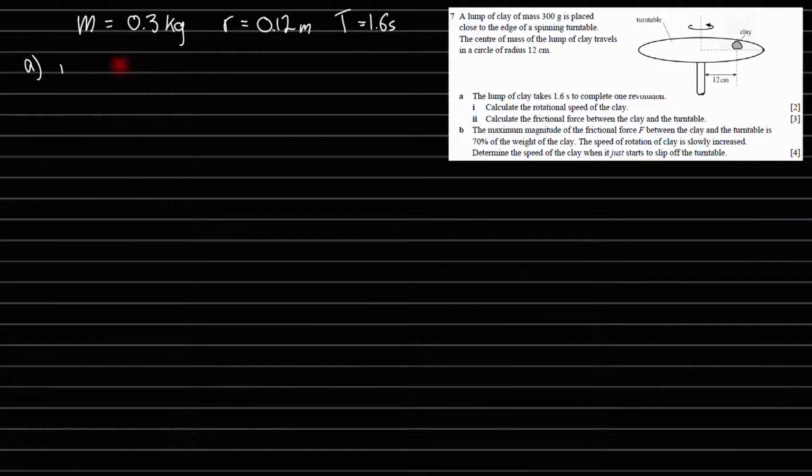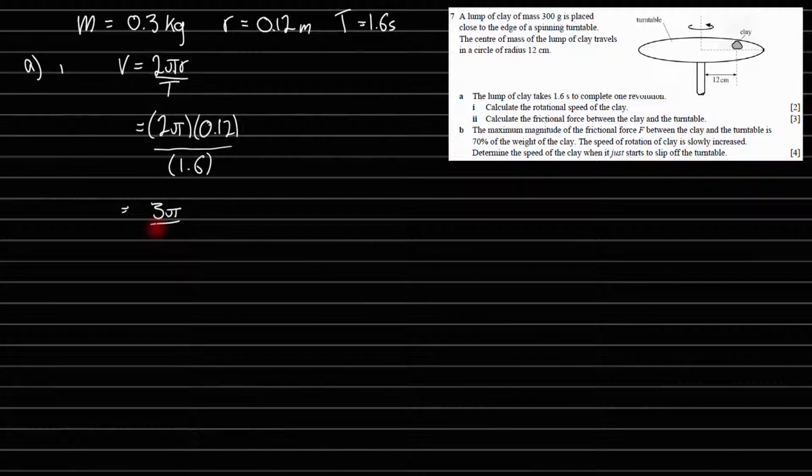Well, we do have an equation that says the speed V is equal to 2 pi r divided by T, the circumference divided by the period. And then we can simply plug in our values, as we have the radius and we also have the period. So we can say that's then 2 pi times 0.12 all divided by 1.6. And if you did that on a calculator, it would give you possibly a value in terms of pi to be